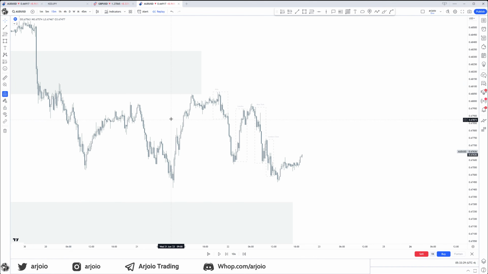All right, right here we are on AU, aka Australian dollar, US dollar. Now, by the way, the indicator that I'm using is FX Market Sessions by Boy Toki. I'm sorry if I mispronounced that. That is the indicator that I'm using for this. Of course, I've customized it to my own needs right here.